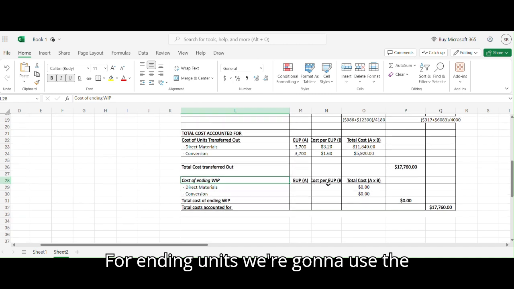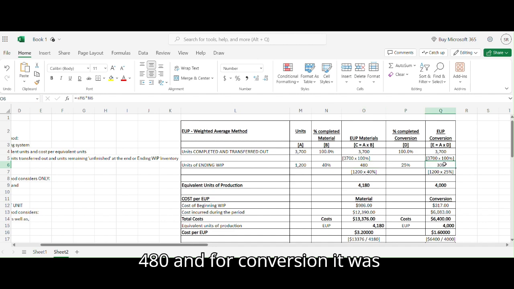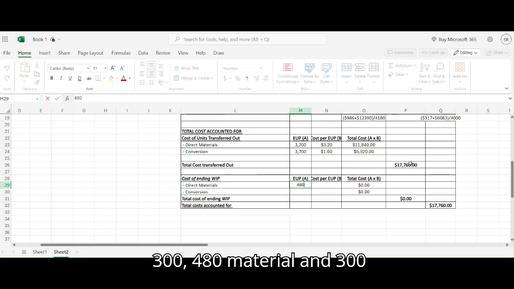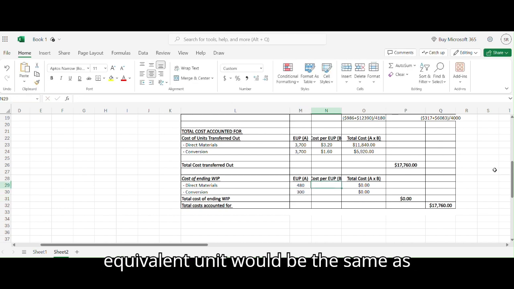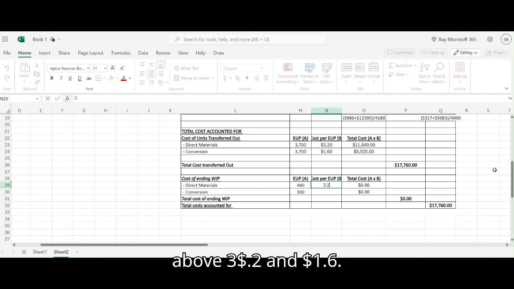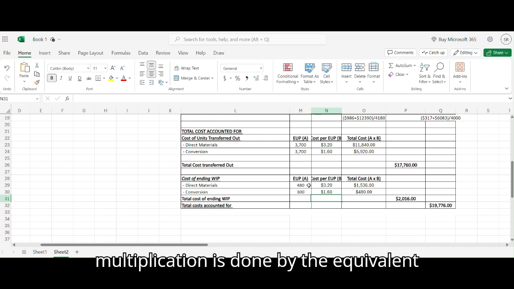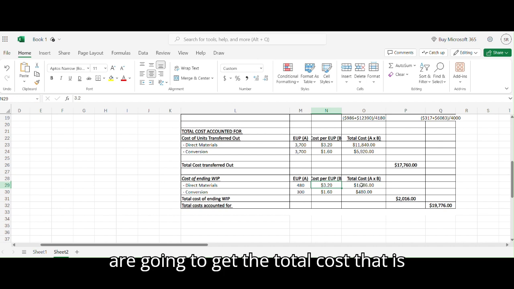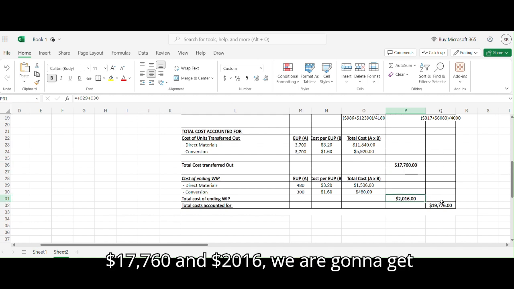For ending units, we're going to use the equivalent units. For material it was 480 and for conversion it was 300. So 480 for material and 300 for conversion cost. Cost per equivalent unit will be the same as above, 3.2 and 1.6. When the multiplication is done of the equivalent units and cost per equivalent unit, you will get the total cost that is allocated to ending inventory, 2016. And if you total 17,760 and 2016, we are going to get